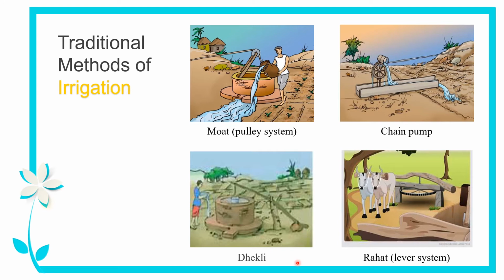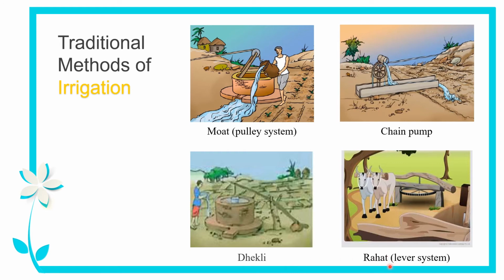In order to lift the water from the well, the end of the long levered arm carrying the bucket is pulled down by the rope. When the bucket is lowered into the well, it gets filled with water. On releasing the rope, the weight attached to the end of the short levered arm comes down and lifts the water-filled bucket, and that water has to be manually taken from the bucket and poured into the agricultural field.